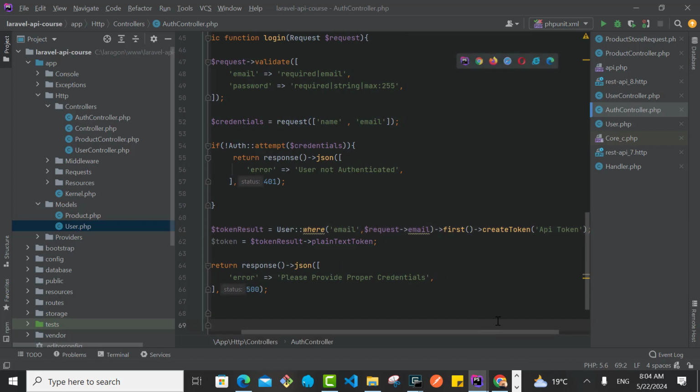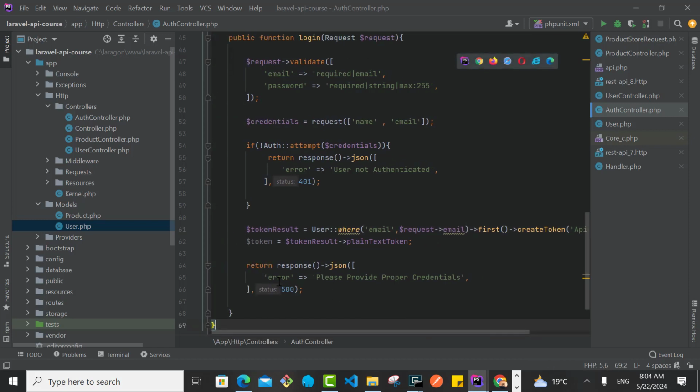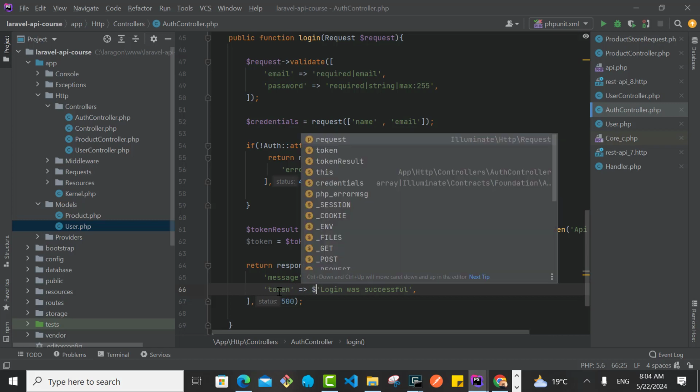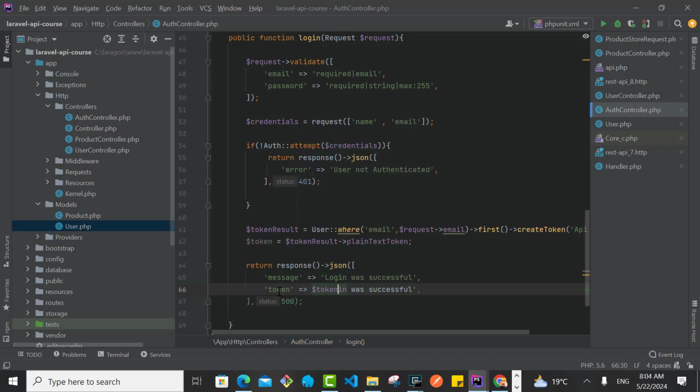Once we have the token, we get the token result, and now on the response here, we can say the message can say login was successful. Then we can have the token itself here like this, which will be the token. And also what we can do now is return the user. So we can say our user is